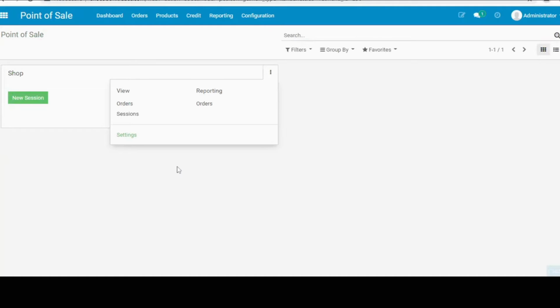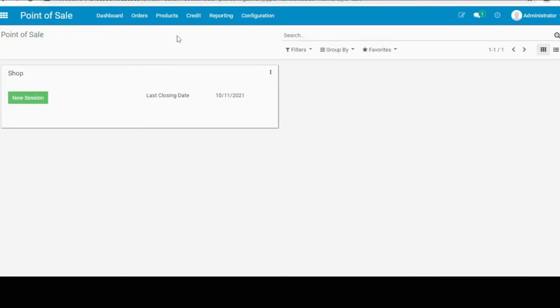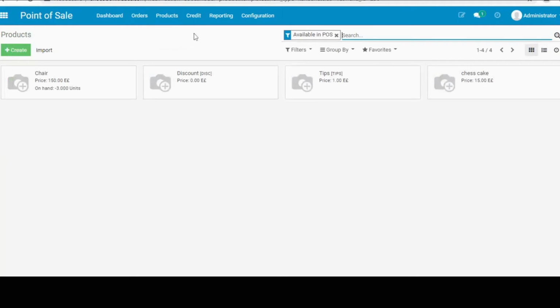And next we can create a new product in this POS module. From here you can see the products. Here you can see some existing products, and here you can create a new product.